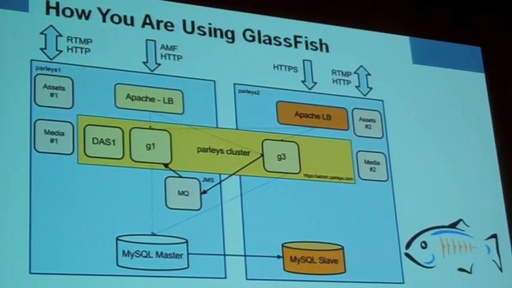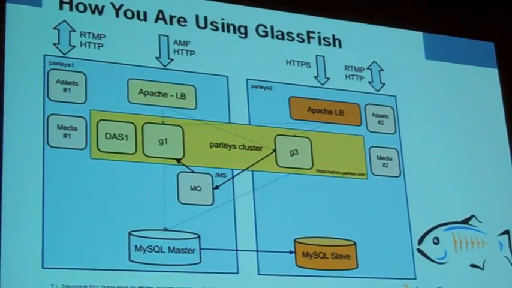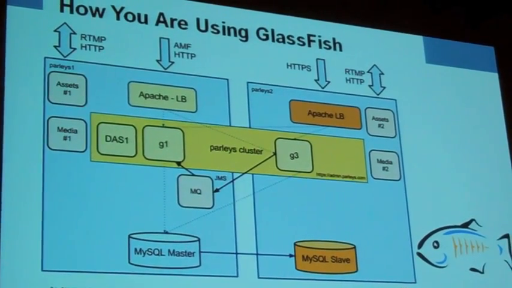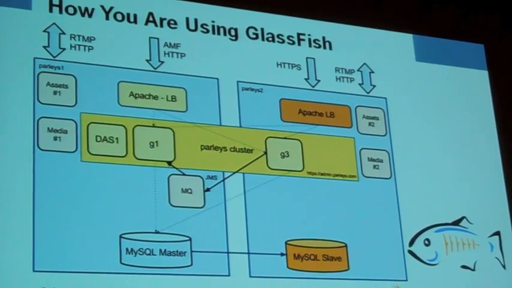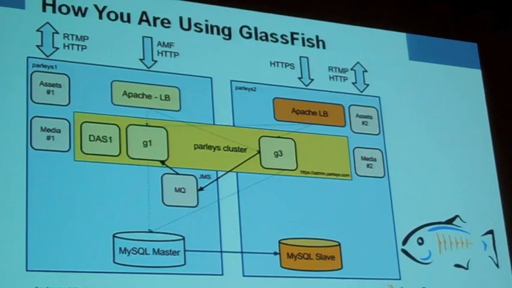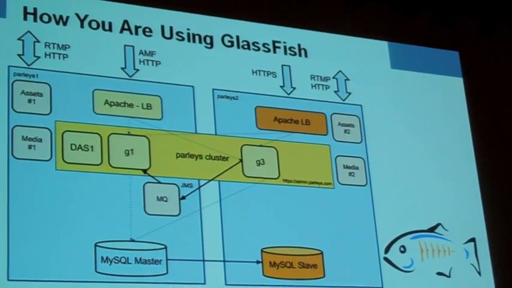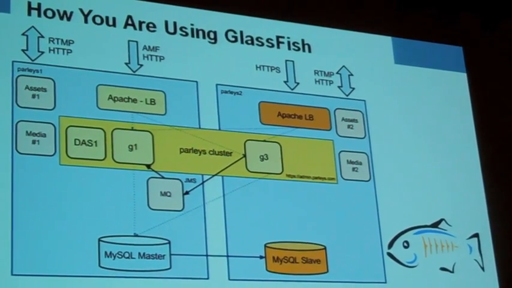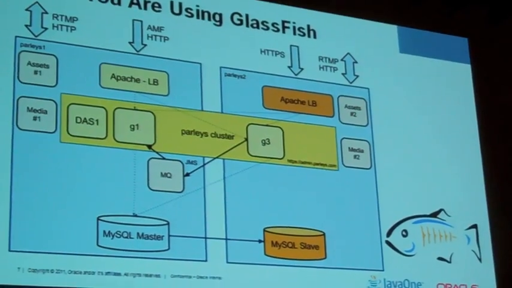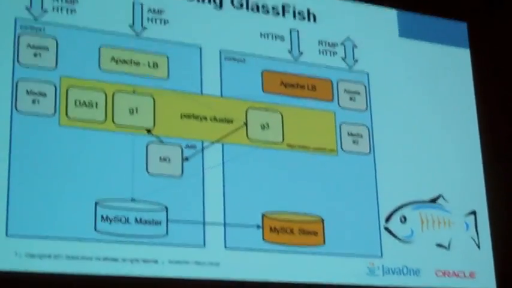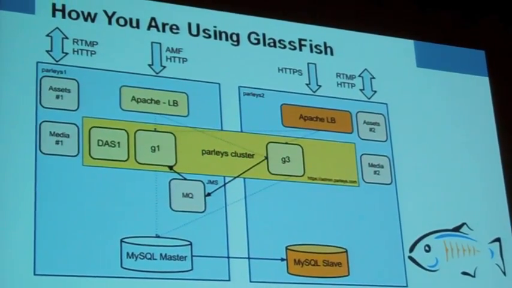So we have two servers, and we have two different instances of the cluster. What you see in the yellow is one domain application service running the G1 and the G3 on two different servers. What is important is that we have one Apache instance on the left spreading the load balancing on those two instances. The orange ones is a backup load balancer. So if that one server crashes, the other machine can take over and start talking to G3.